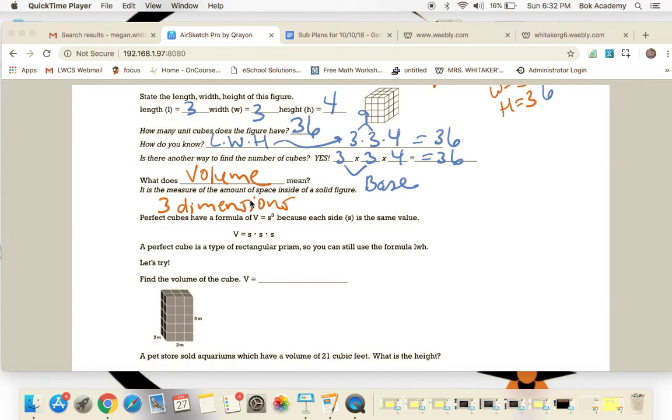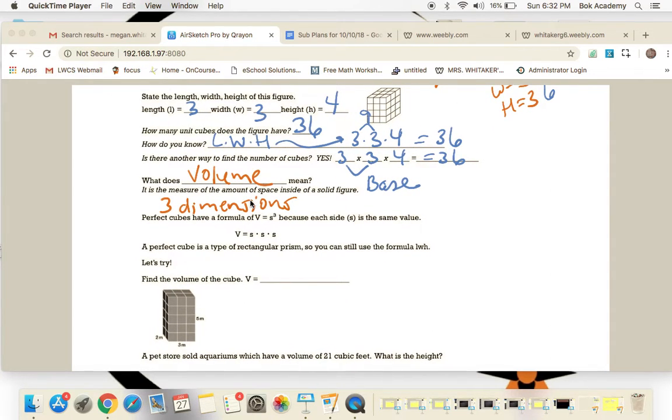So it says find the volume of this cube. Well, we know that the length is 3. We know that the width could be 2 and the height could be 5. I know lots of students always ask me as a teacher, what if I mix up my width with my length or my height with my length? It really doesn't matter as long as you make one of the dimensions an L and another one a W and the other one an H, and then you should be okay by the associative property. So now I'm going to multiply